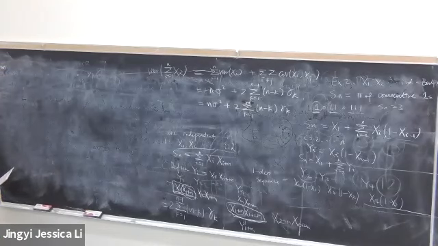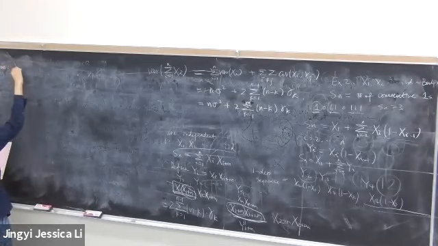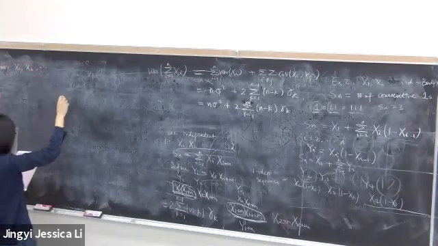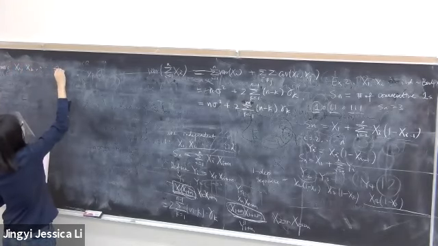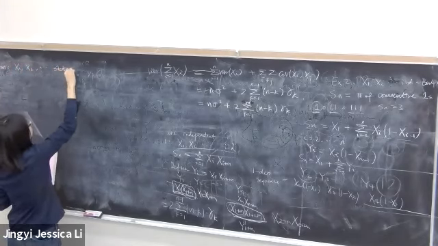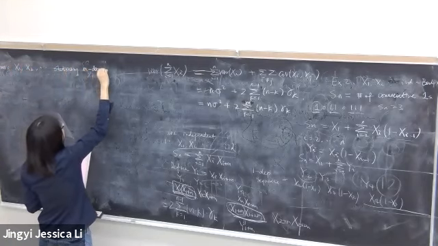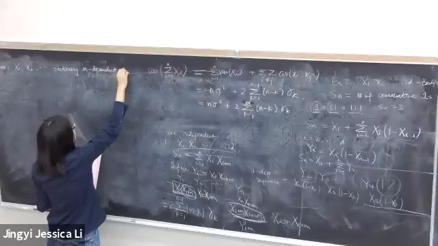You can think about this as the version of the central limit theorem for the sum of a stationary m-dependent sequence. So let's say that we have x1, x2, and so on. They are a stationary m-dependent sequence